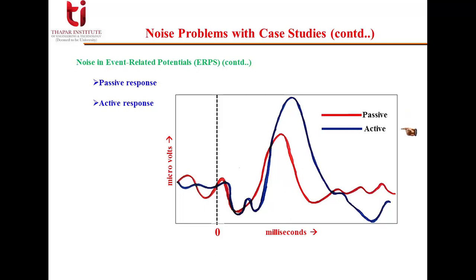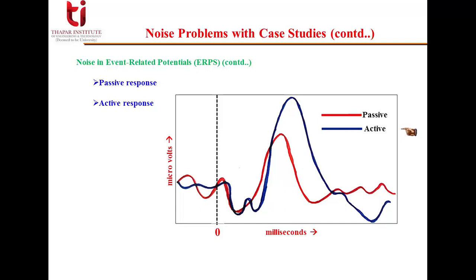Now for active, consider two tunes. One is a rare tune that is played only 20% of the time, and the other is the dominant tune, which is played approximately 80% of the time. At the beginning of the test, the patient is given an introduction about the tunes. Okay, this tune is the less frequent one and this is the more frequent one. And then the patient is instructed to count only the rare tunes. So now the patient not only listens to tunes but also has to distinguish which tune is played, and keep a count of that. So these are added activities and there is a change in the ERP signal and an active signal is generated.